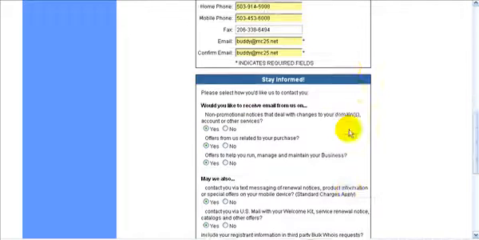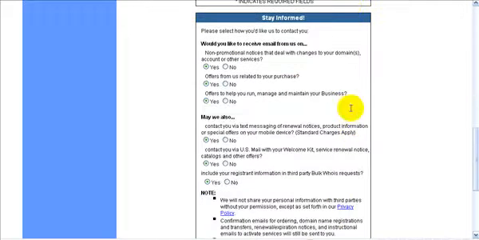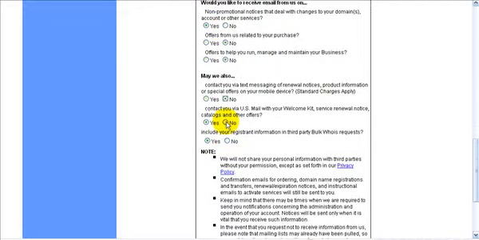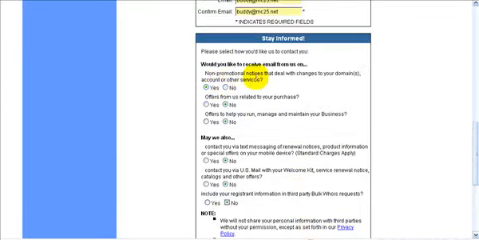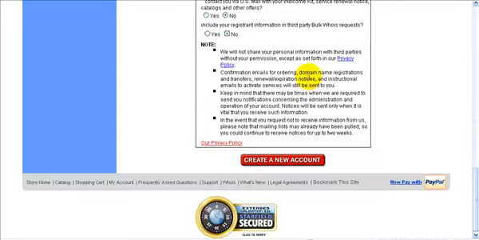Your address information. Now, when you get down to the stay informed section, there's one thing that you need to leave as yes, and that is non-promotional notices that deal with changes to my domains. You want to leave that as yes. You can do any of the others, but you don't have to. You can get a welcome kit by mail. We say no, and include registrant information in third-party bulk quiz. Again, you can put no on all of those. The only one that you really need to have on there is non-promotional, because that's going to have effects on letting you know when your domain is actually up for renewal and stuff like that. So then you hit create account,